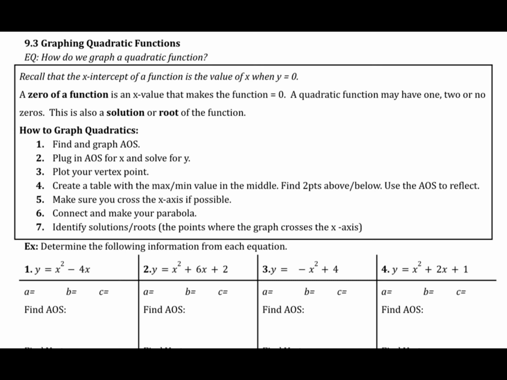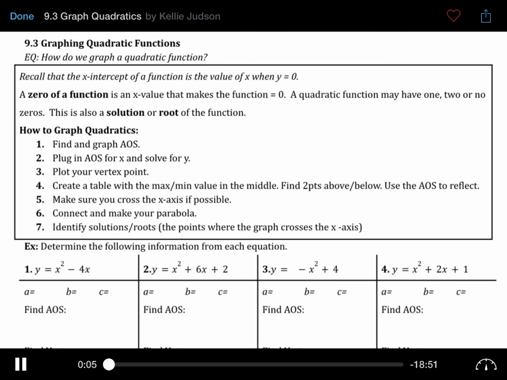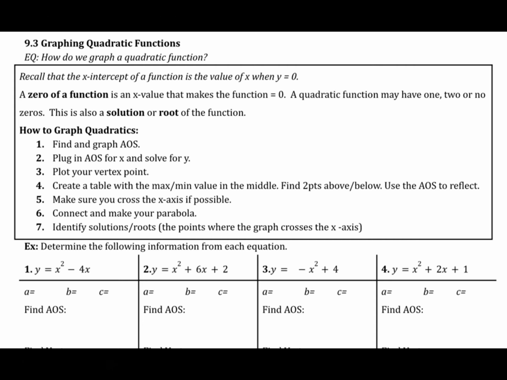In the first two sections of Unit 9, we talked about the key characteristics of a quadratic function. We talked about how to identify them from a graph, and how to identify them given the function itself. In this section, we are going to focus on how to graph a quadratic function using those key characteristics. So we're going to use the axis of symmetry, we're going to use the vertex, we're going to use the fact that a quadratic is in and of itself symmetric to create the U-shaped graph of a quadratic function, which